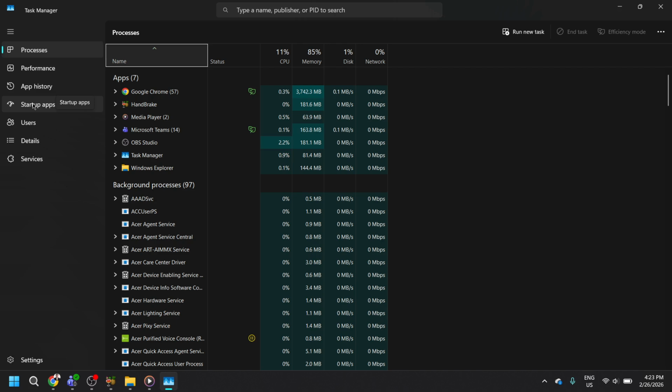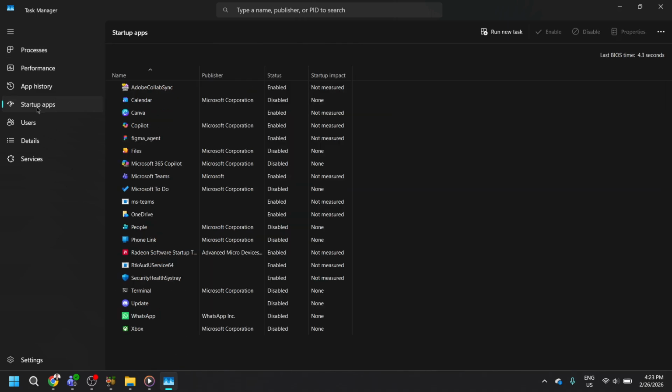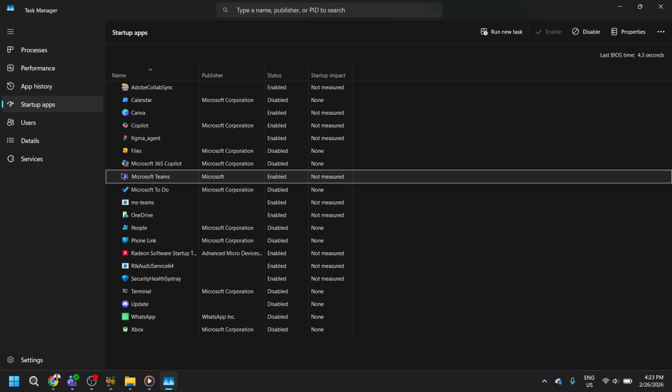Now that you're in the Startup tab, you'll see a list of applications. These are usually presented in alphabetical order, making it easier to find specific programs. Take a moment to scroll through this list until you locate Microsoft Teams. It should be clearly identifiable by its name and possibly its characteristic purple icon. Once you've found Microsoft Teams in the list, simply click on it once with your left mouse button. This action will select the application, highlighting it and indicating that it's ready for you to make a change to